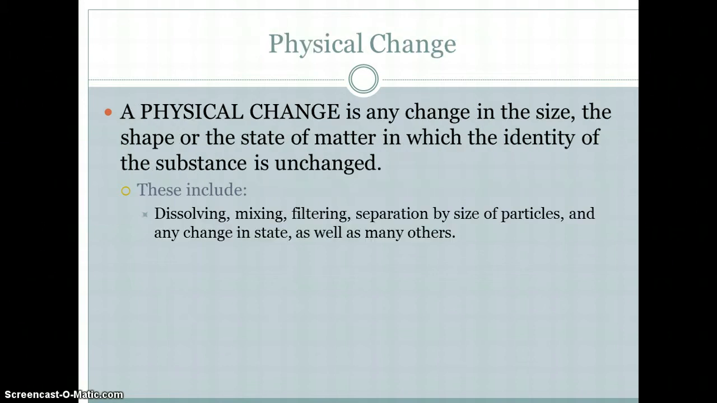Then lastly, a physical change, and that's any change in the size, shape, or state of matter in which the identity of the substance is unchanged. So it's again similar to thinking about physical properties. You can observe or do something to the material that doesn't change what that material actually is. That's a physical change. So dissolving, mixing, filtering, which is separation by size of particles, and change in state as well as other changes are all physical changes. So for example,